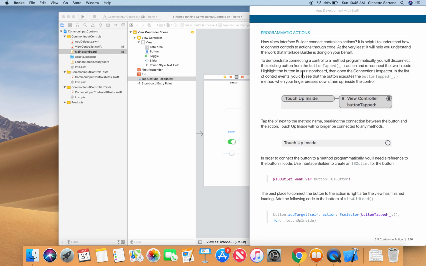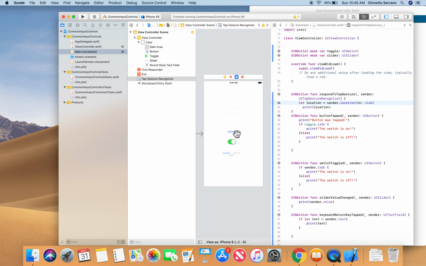Oh, this is how to do it. Highlight the button in your storyboard, then open the Connections Inspector. Connections Inspector is something you probably haven't used. So you highlight the button. Notice up here, this is the Assistant Editor. You've got Version Editor, Standard Editor. And then,